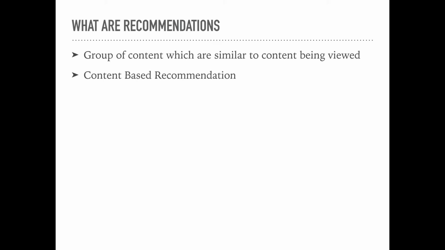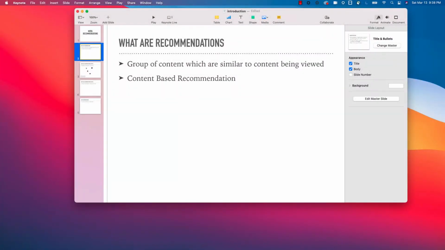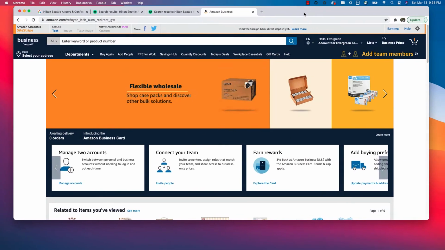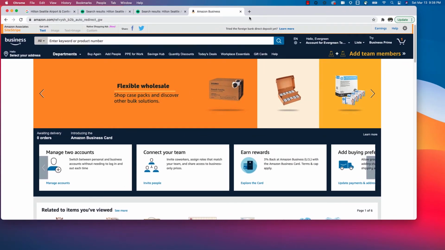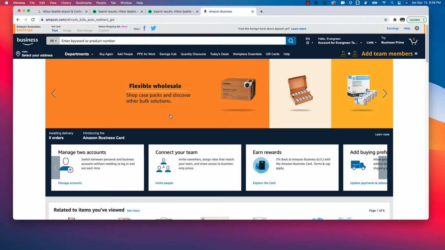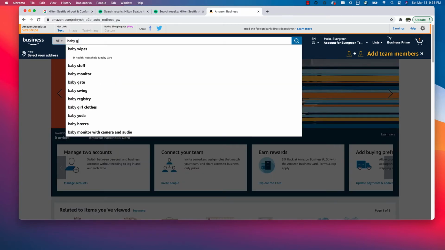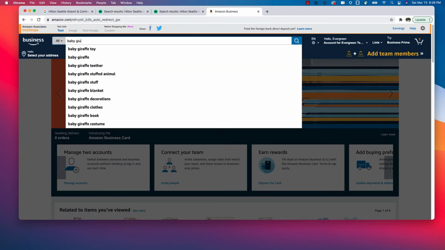So let's look at an example of content based recommendations. These recommendations are primarily based on the similarity between the items. To give you an example, let's say I am on the Amazon site and I'm searching for baby giraffe.